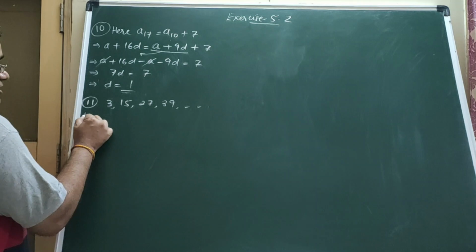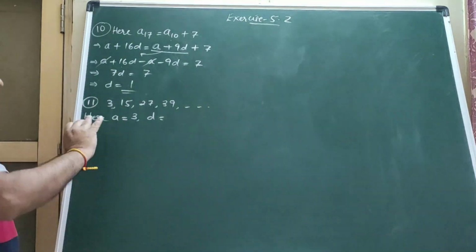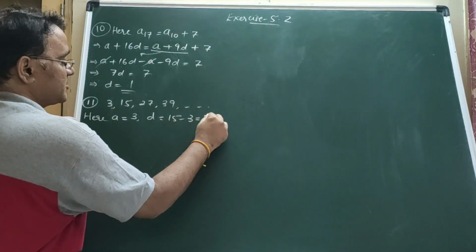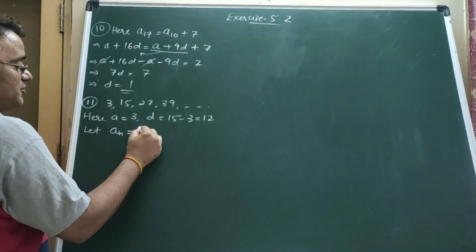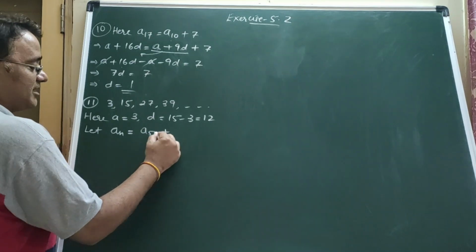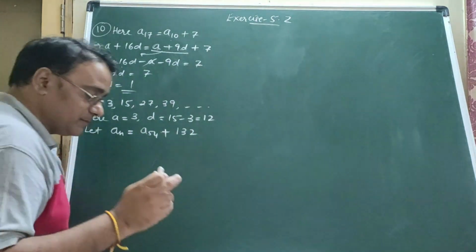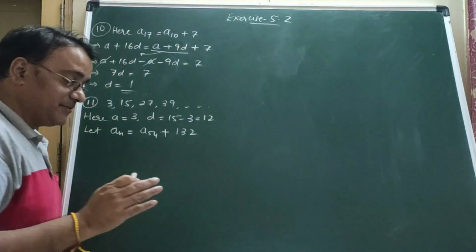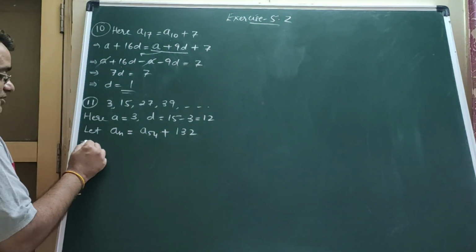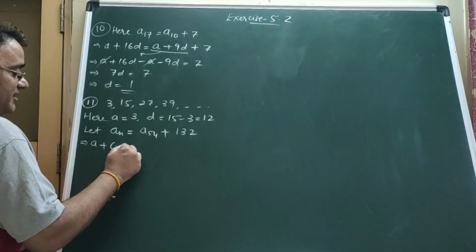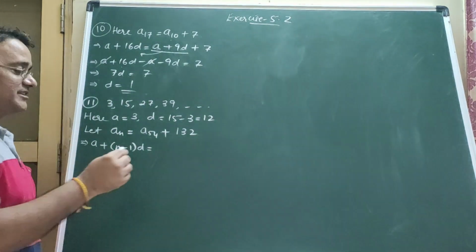Okay, so here what is A, first term 3, and the common difference is second term minus first term. 15 minus 3 is equals to 12 and let An is equals to 54th term plus 132. अच्छा which term बोल रहा है तो हम लोग को term निकालना है यहाँ पे, means the value of n we need to find. So we'll substitute the formula of An, that is a plus n minus 1 into d. A54 कितना होगा? A plus 53D